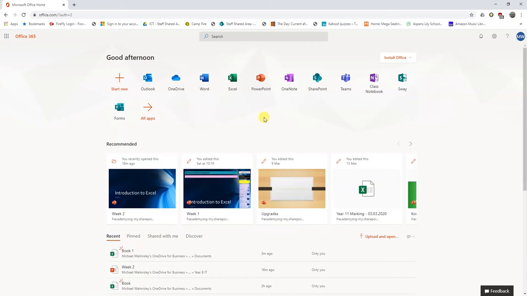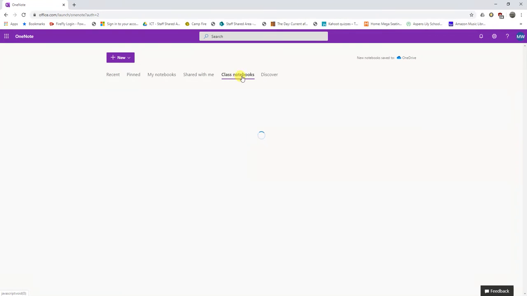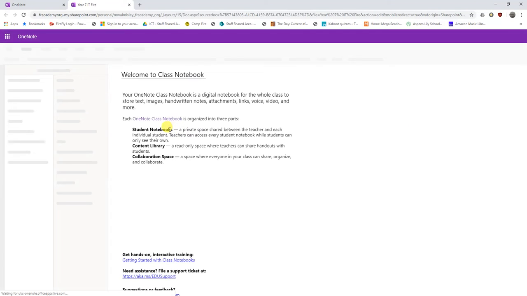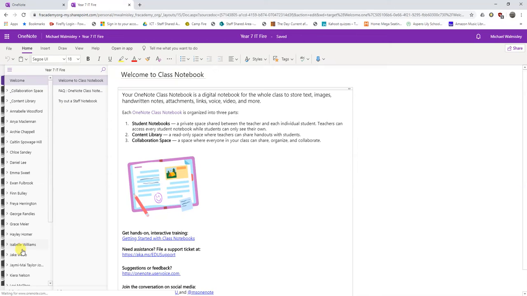So the first thing is to locate your OneNote, so you can click on OneNote here, and then click on class books because it's from a classroom. Within here, obviously mine, you get to see all of the different class books that I've set up for my students, but you just need to find your class book depending on what form you are based in, year 7, 8 and 9. By selecting the class book, I'm just going to pick this one, it will open your OneNote in the browser. Now I get to see everyone's books, but you will have collaboration space, content library and your name. You need to select your name,